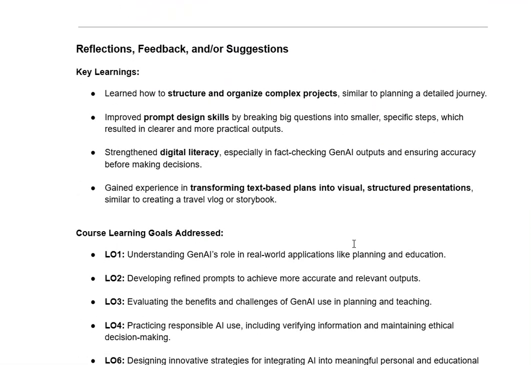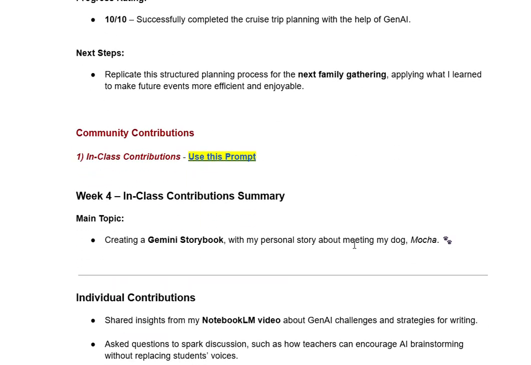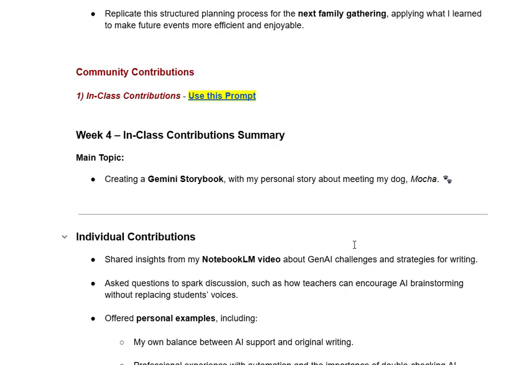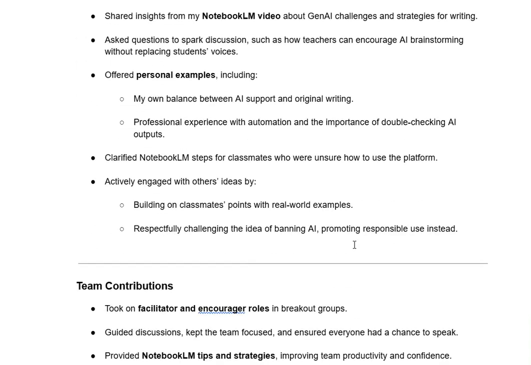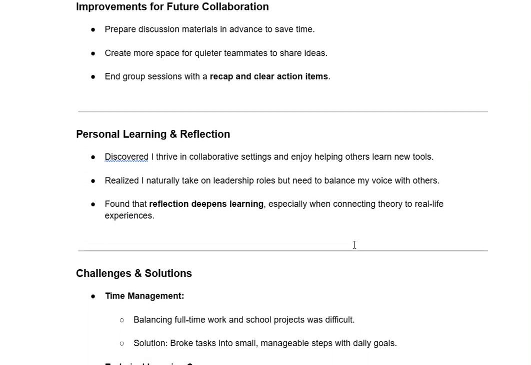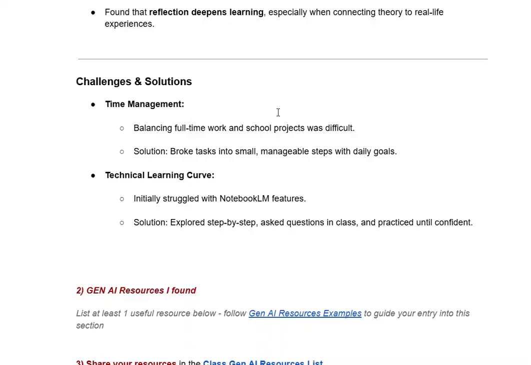You're kind of at that A- level. But as soon as I see the products, it's an A+. If that makes sense. You're creating a Gemini storybook about your dog. Oh, okay, cool. Done all that. Contributions, personal reflections, challenge. And nothing for this week. So you're sailing along. You're very strong, Luxia. Just include the samples of the projects you created. Okay. Thanks.